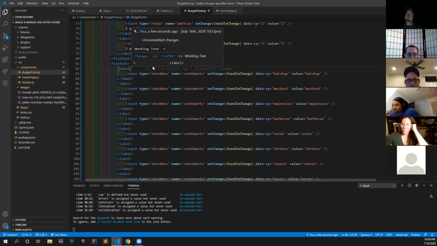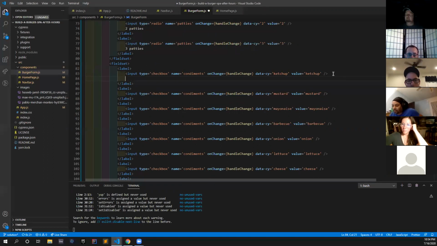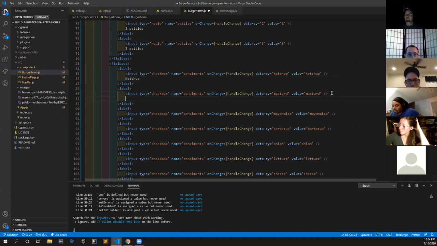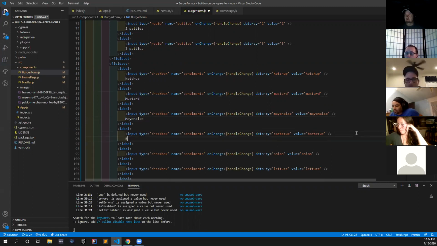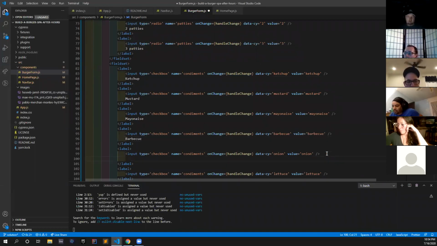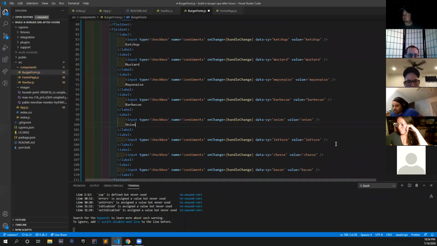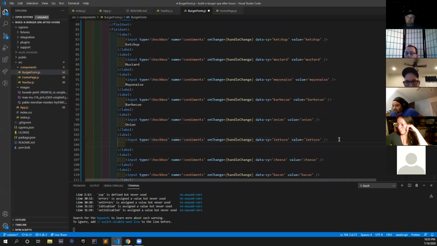Okay, so we want the checkboxes. So we maybe want it to be after the checkbox ketchup. And this will be mustard. And this will be mayonnaise. Cheese